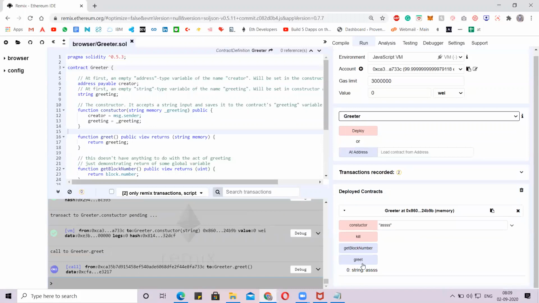Contract greet. I'll just give you a quick example of what is updating and what is deleting.